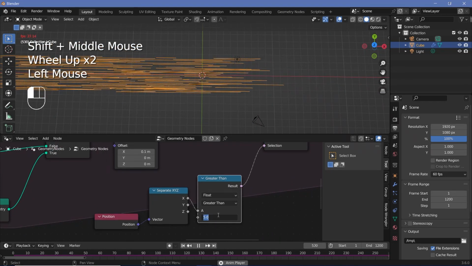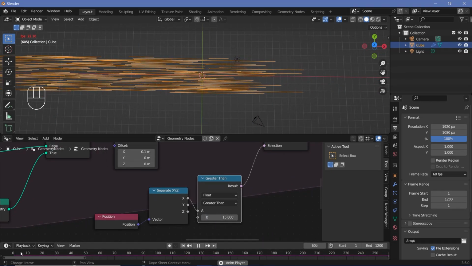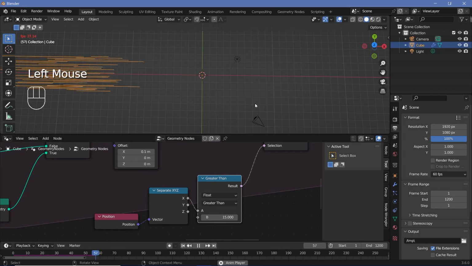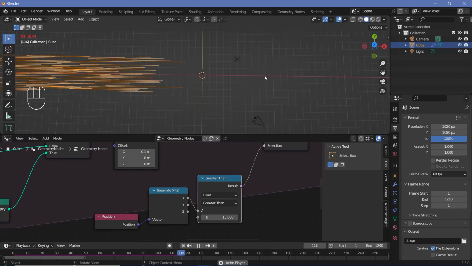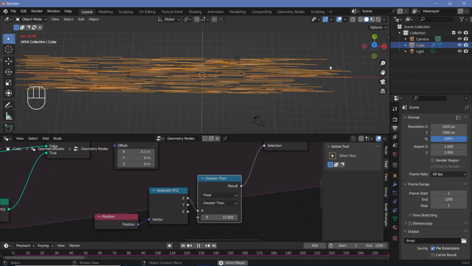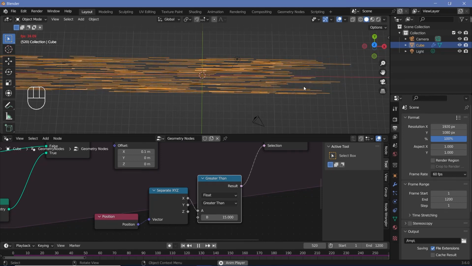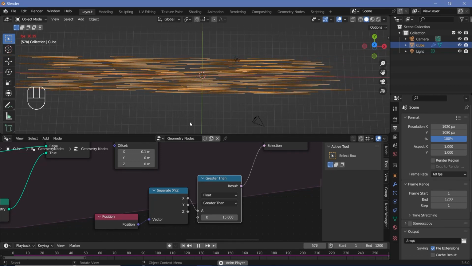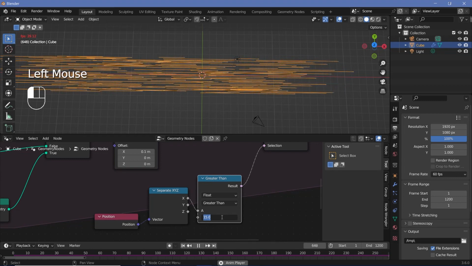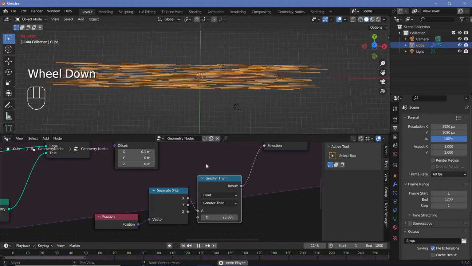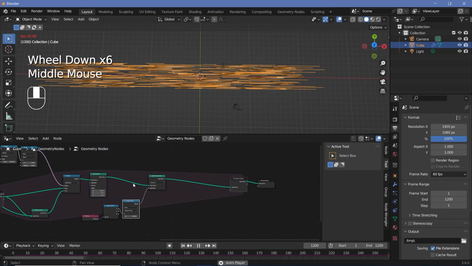So let's just increase this from 5 to something like 15, and now when you replay the animation, it should get deleted only after it crosses the area of interest that we have over here. So as you can see, it's starting to get deleted over there. That's perfectly all right because we're only looking at this region, but just for safety, we'll increase this to 20, and that's even better. That's all there is for the simulation zone section,